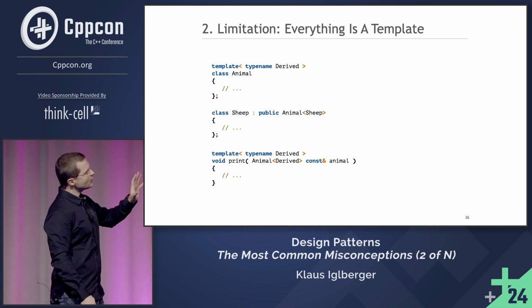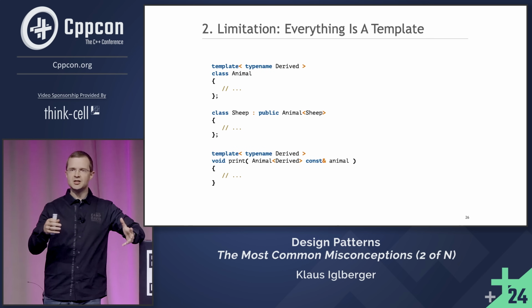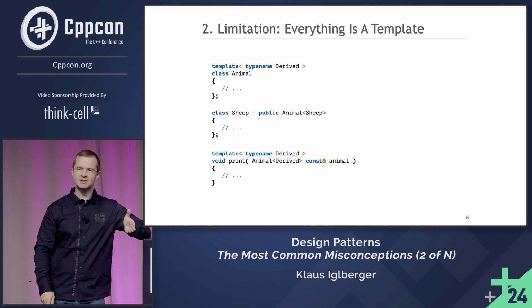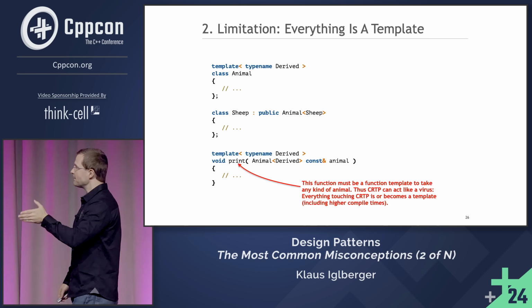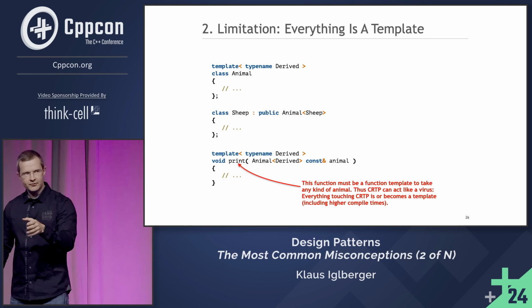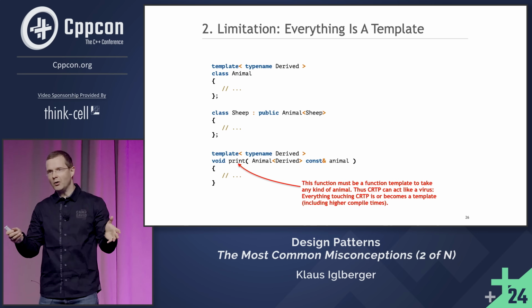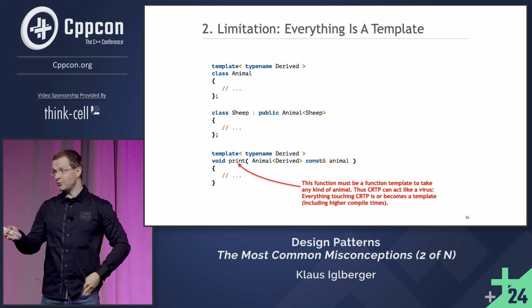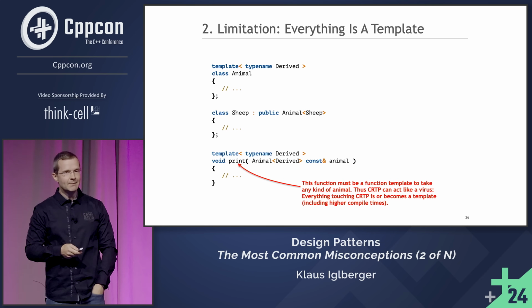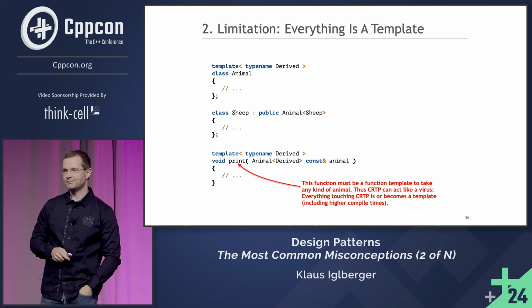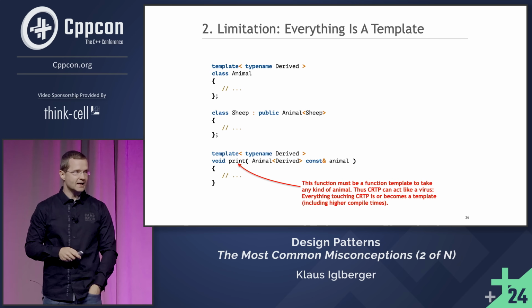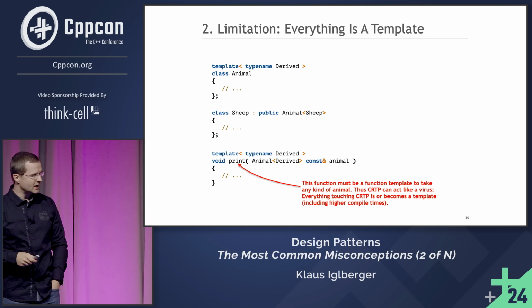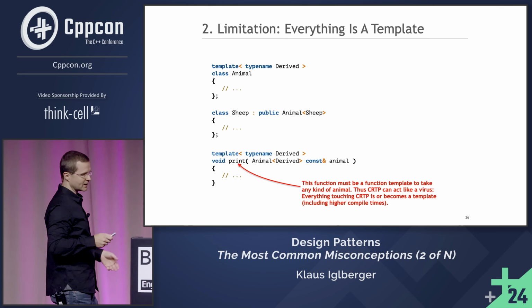Okay, if you now use this everywhere in your code, if you use a lot of CRTP base classes, everything that comes into touch with its base class is itself a template, function template or a class template. And this truly acts like a virus. So if you use this everywhere, well, all your functionality moves from the source files into the header files. And slowly but steadily, you end up with, exactly, a template header-only library. Okay, and I guess that you now realize this might not be the thing that you want to end up with. And so no, it's not really a replacement for every possible inheritance hierarchy.